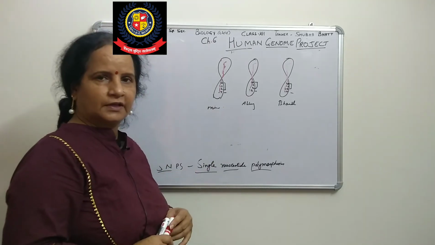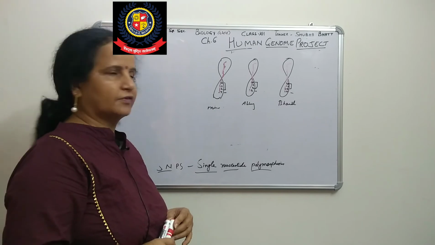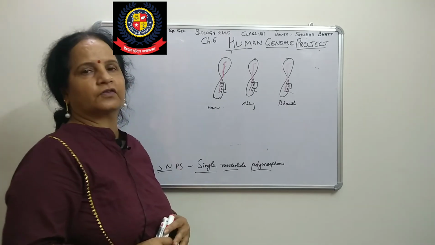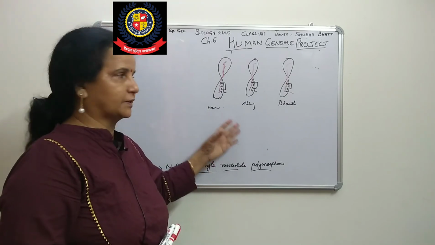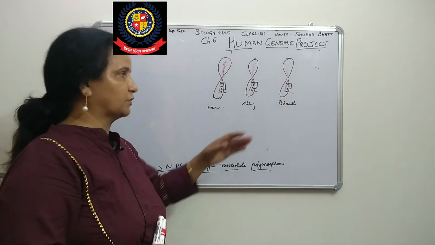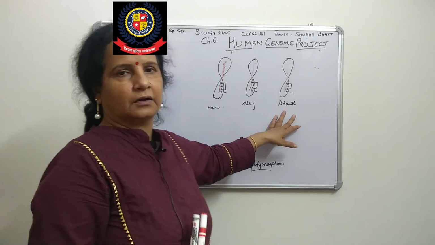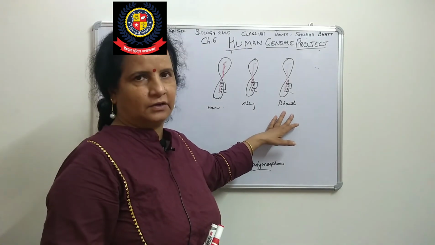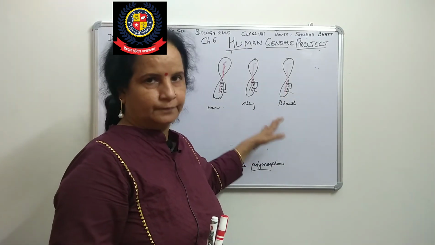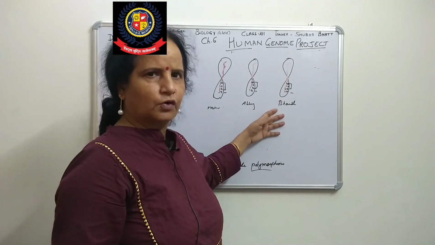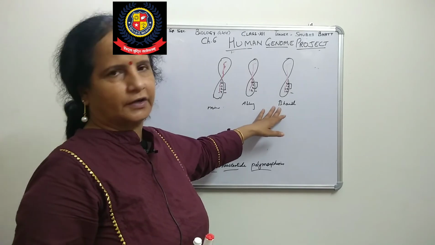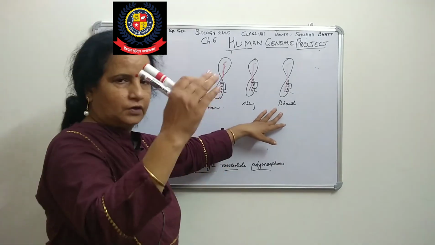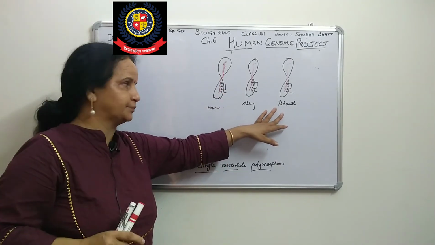Now here the methodology is there. Two methodologies are there. One is ESTs, expressed sequence tags. The second one is called sequence annotation. We will see that method also in biotechnology, in what way. The same method we are using here. I have given it in short, and in your book also it is in short, but when you go through chapter 11, you can easily understand and write your own, because the whole technology is given in chapter 11.